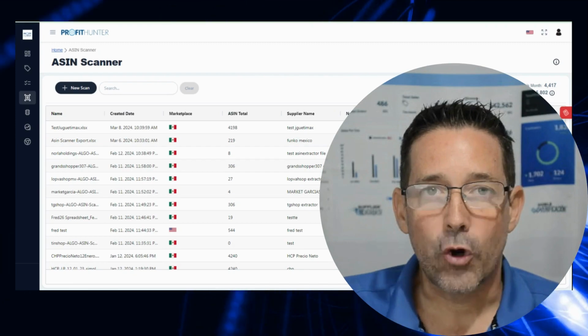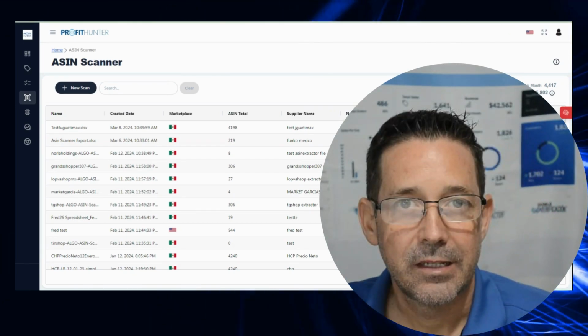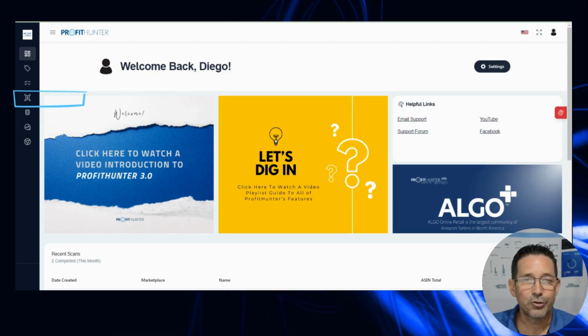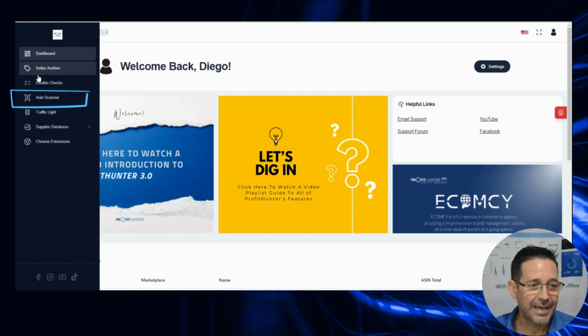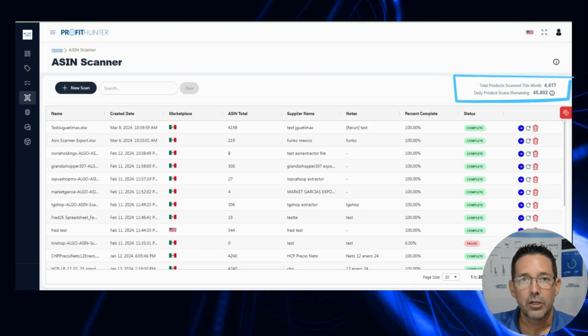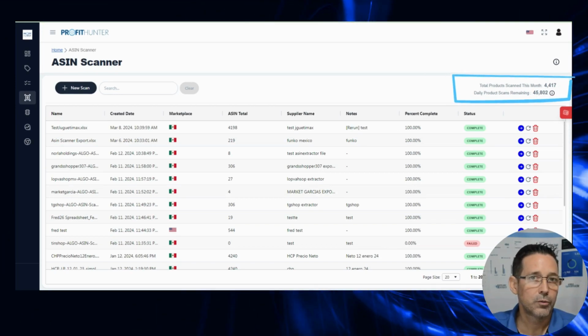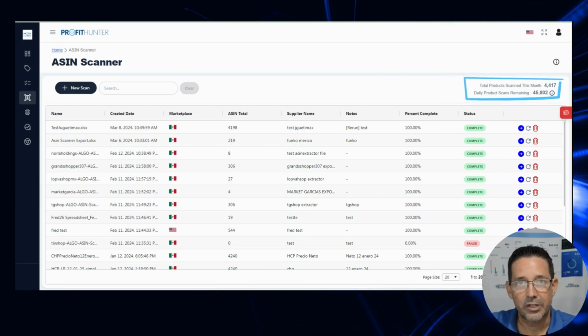Asin Scanner is only available on the Expert and the Elite plans. The Starter plan does not include Asin Scanner. To use this tool, go to your left menu and you will find Asin Scanner. Click there. Each of the plans has a different quota or processing product credits that you can process in a day